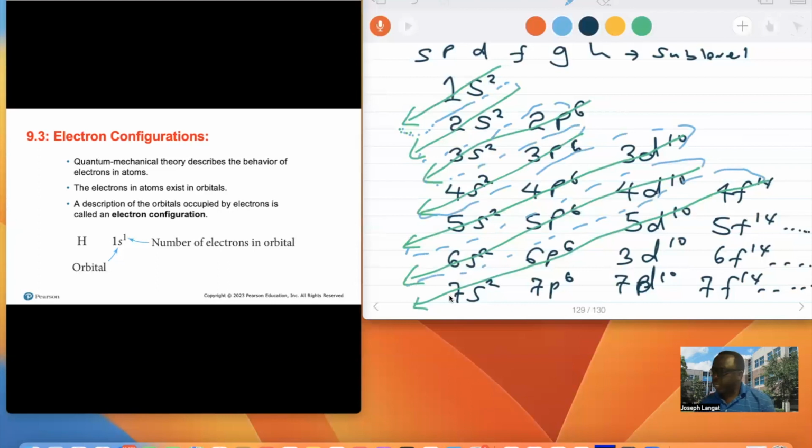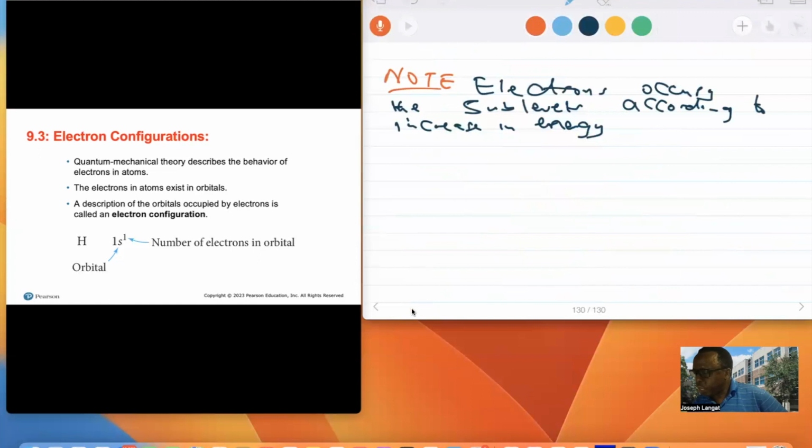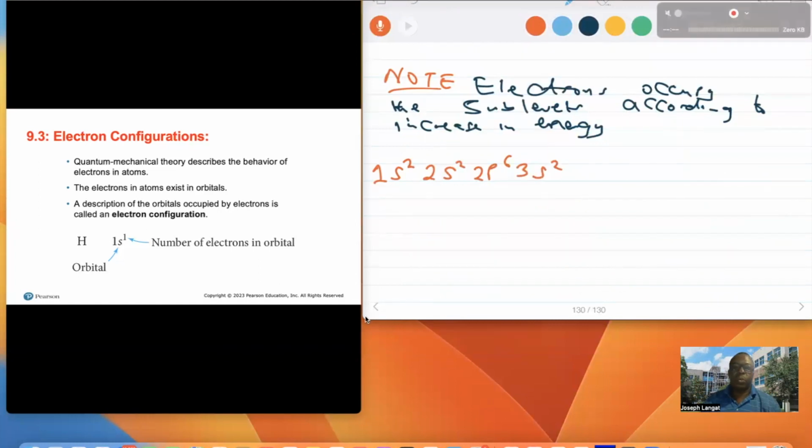Now, if I start here and want to end there without lifting my iPad pencil, I just go zigzag, zigzag, zigzag, start here and end here. This is the pattern. It will be 1s2, 2s2, 2p6, 3s2. In case you're wondering how that is playing out: